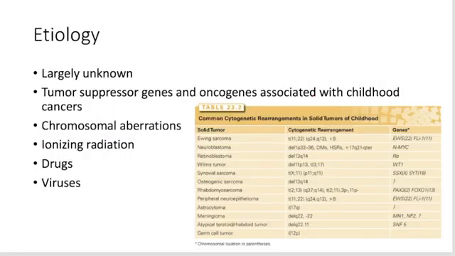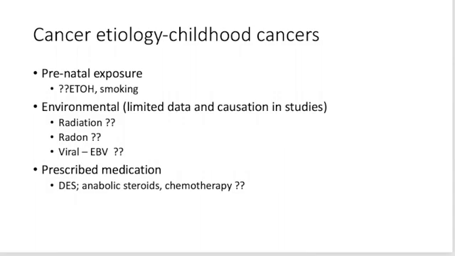When we look at etiology of cancer for children, it's very different than what we look at with environmental factors for adults. In fact, they really don't know why these cancers develop. There are tumor suppressor genes and oncogenes associated with childhood cancers. You can see here the rearrangements, whether it's a deletion, a translocation, all depends what's going on. But really, the evidence is quite lacking to tell us why childhood cancers arise. And that's why I have the question marks behind all of them, because there's really not much data on the etiology of cancer.